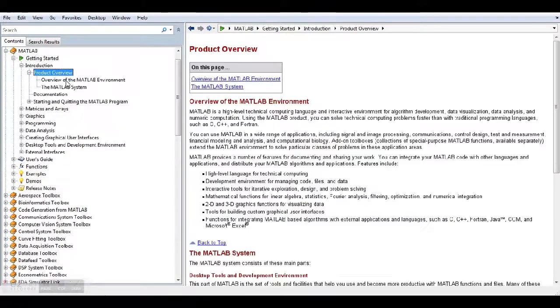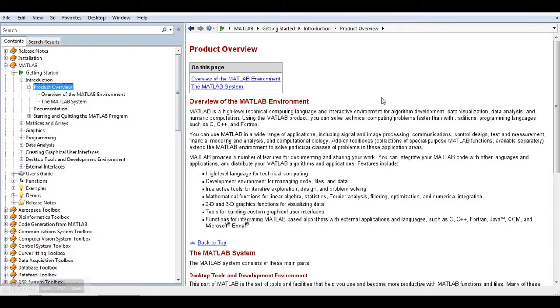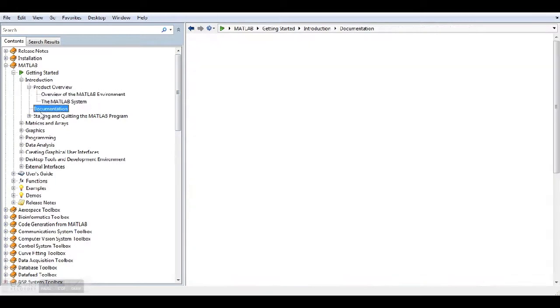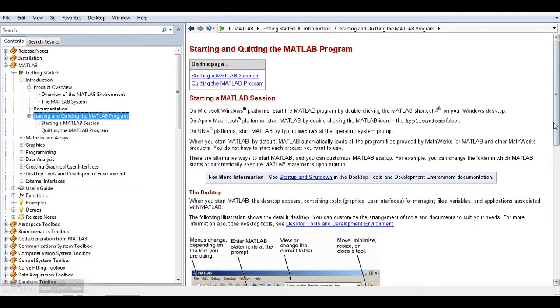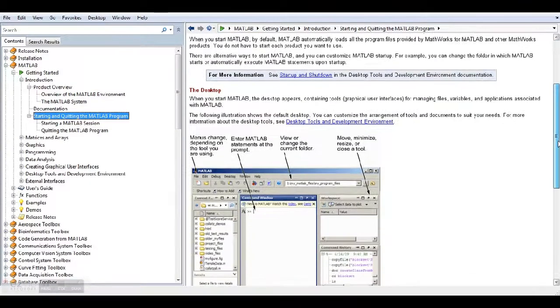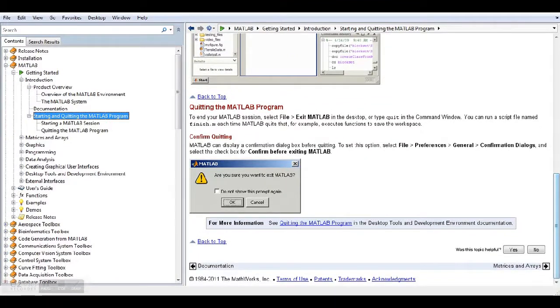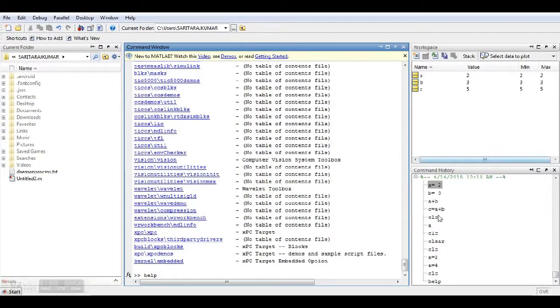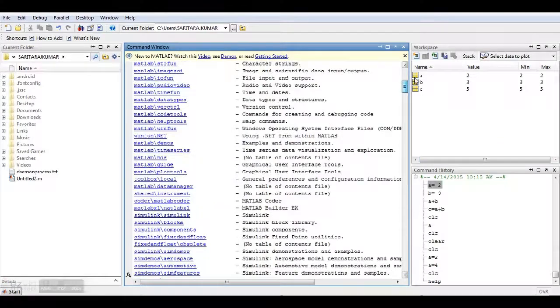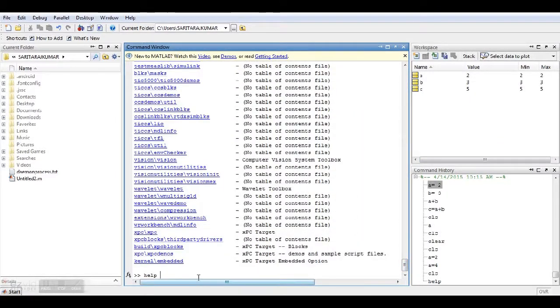These help options are useful for learning on your own, so there is no need to go for any training classes for MATLAB. You just go through the help options. Everything is given clearly: what things are present in MATLAB, how we can give the commands, and how we can design the systems.